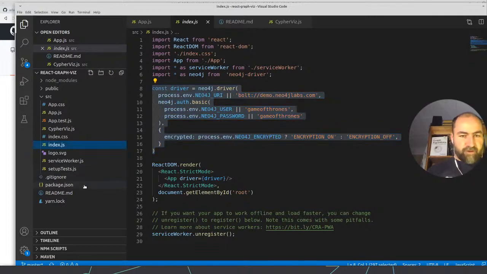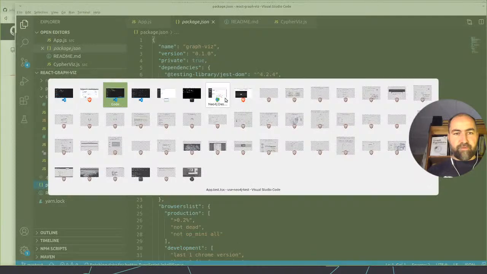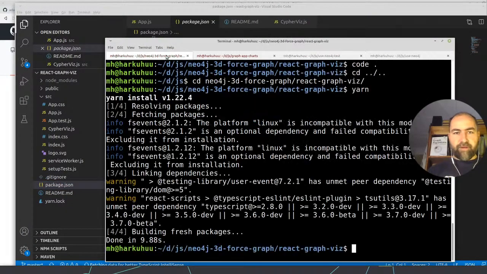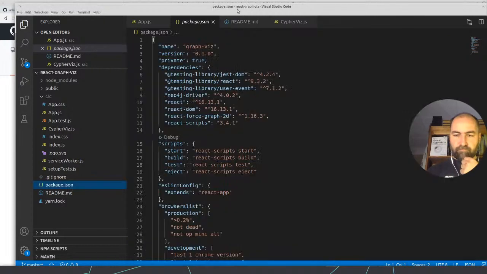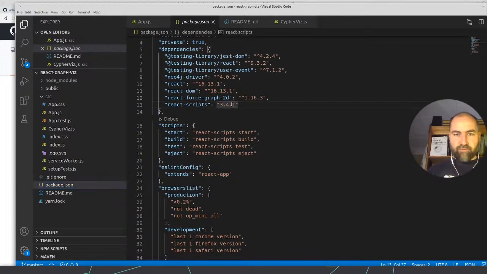Oh no, I should probably first add use Neo4j to my dependencies here. npm add use Neo4j. So we should see use Neo4j coming up here.